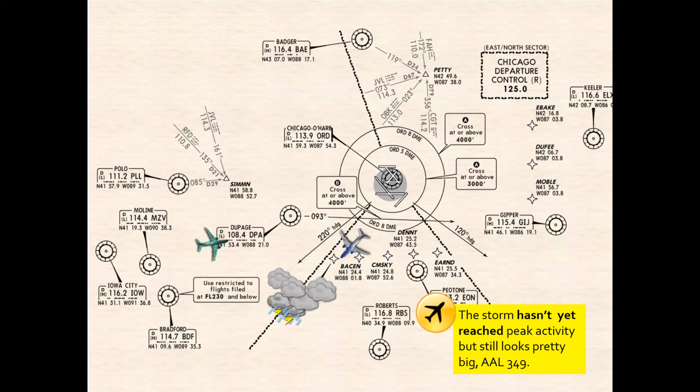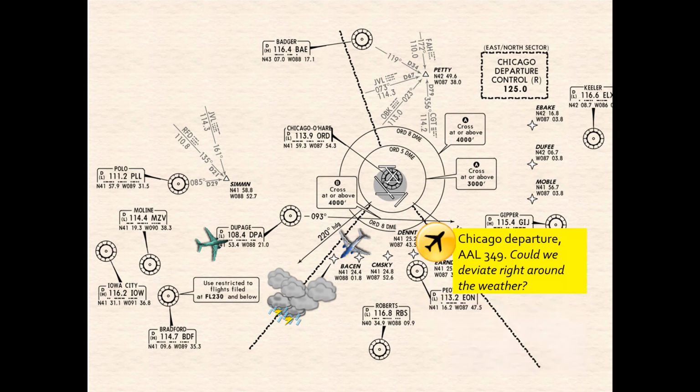So this is a kind of a waste of time here. Again, using that language, being imprecise. It's not that big yet, but it's getting bigger. There's usually not a lot of time for that, and it would have been much better if American simply said, unable 270 heading due to thunderstorms, we need to deviate right. And eventually he says,